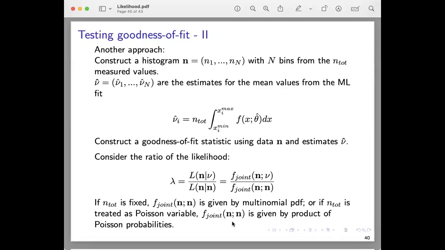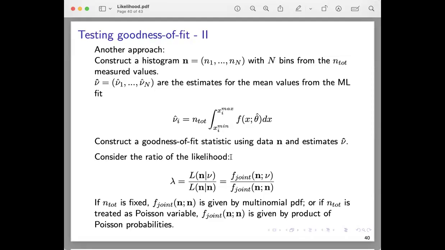Now the other method is: we can construct a histogram with n bins from the total number of measured values, where nu hat are our estimates for the mean values from the ML fit. Basically, nu hat is n total times the probability of the events to be in that bin. Now you can construct a goodness of fit statistic using the data n and estimates nu, and then consider a